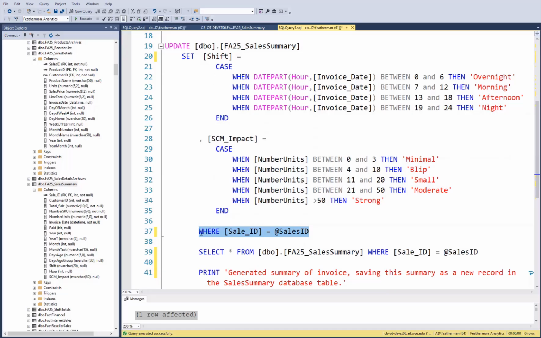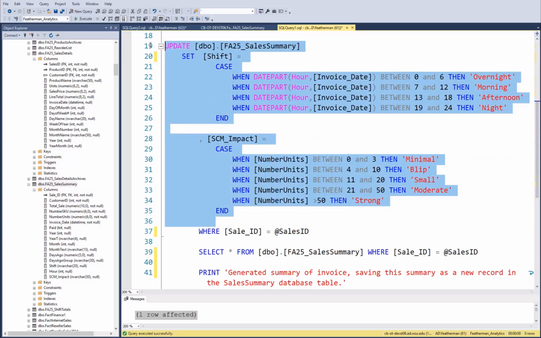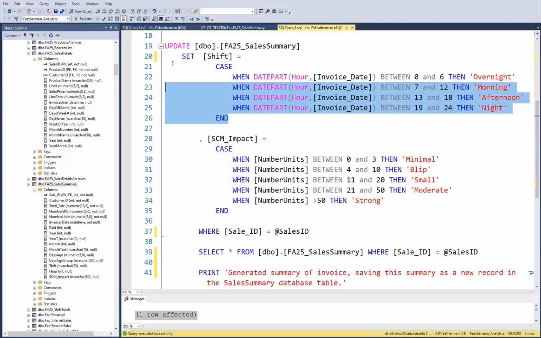Okay, so we're just updating one row in the sales summary table, our new sales summary table. But you could, if you didn't have this where statement, put in values to all the rows for one column. So just looking at this one set of code here, we could add a new column to this sales summary table and fill it with values. And it could be numeric values. It could be textual values. You could do different calculations and put different values in the column, based on some tricky update code, in case